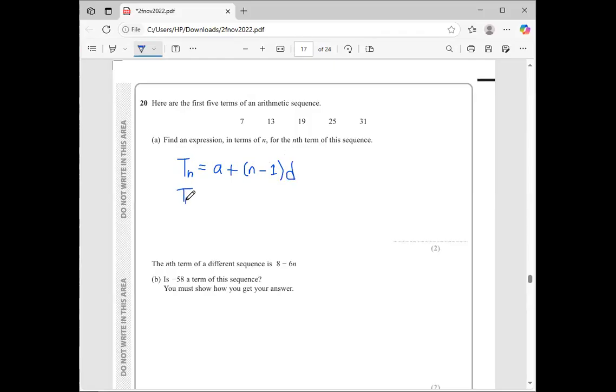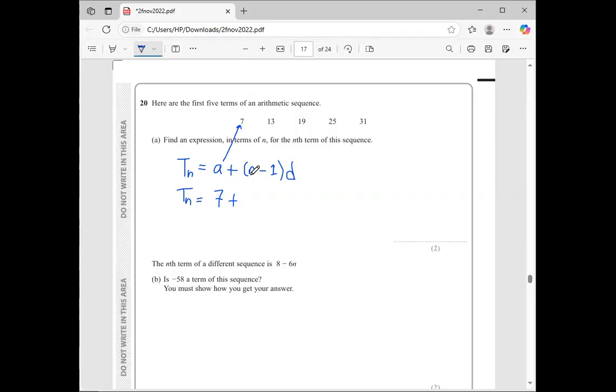The nth term, so now we're applying it to this particular question, is given by A is the first term, and that means that A is what? 7. Okay? So just put your 7 there. Please take note, if the number has a negative sign in front, you have to put that negative sign here too, notwithstanding. Plus,